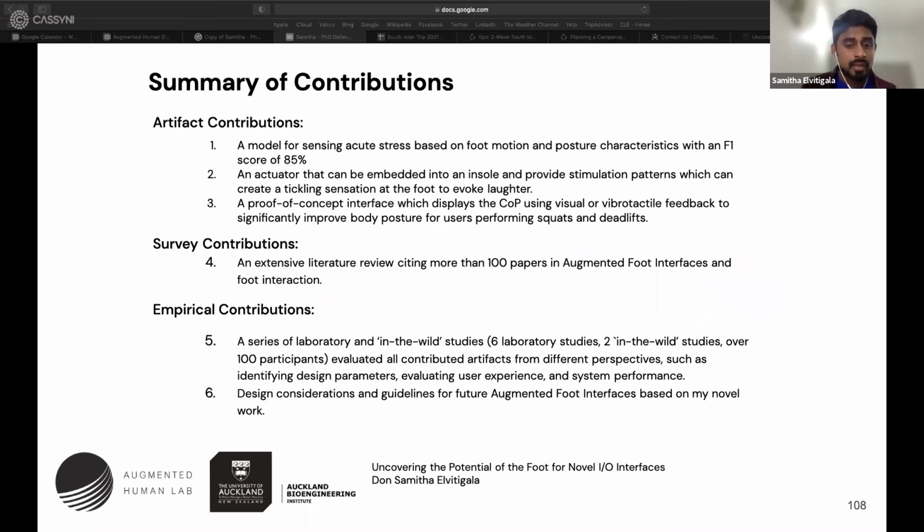So now let's talk about the summary of contributions that my thesis contributed to the knowledge pool of HCI. Firstly, I have a few artifact contributions. The first one is the stress detection method that I developed based on foot motion and posture characteristics. Secondly, the foot tickling mechanism that I designed and developed to evoke laughter. Third one is the Gym Soles prototype that senses and provides feedback about the center of pressure to improve body